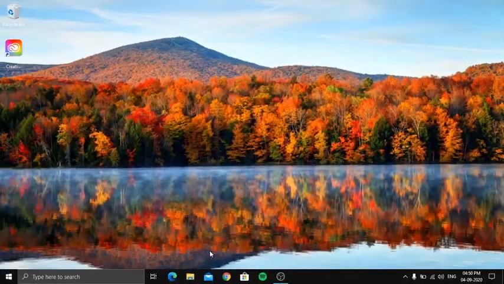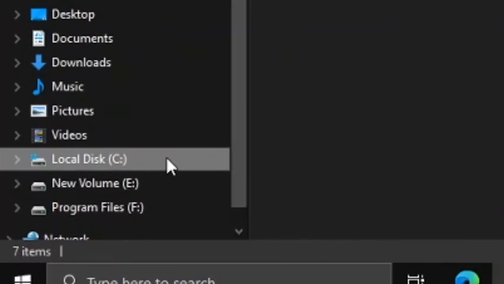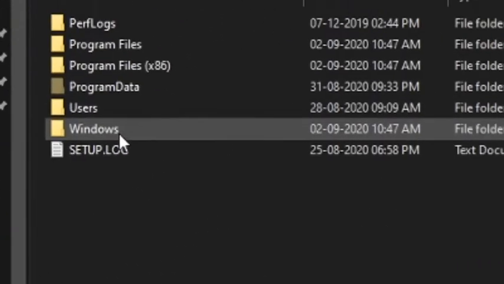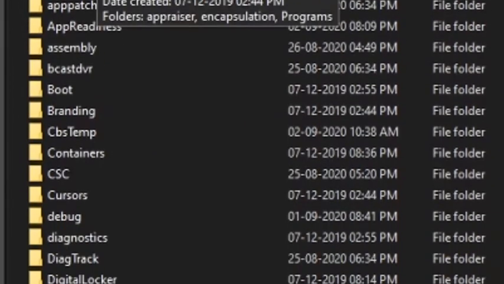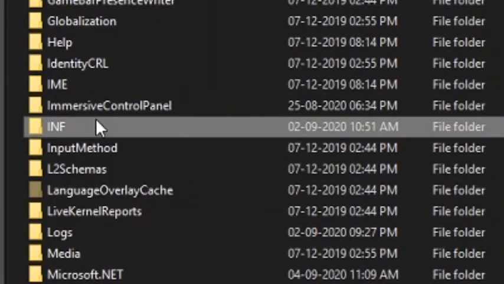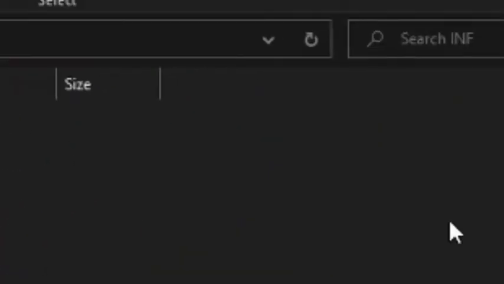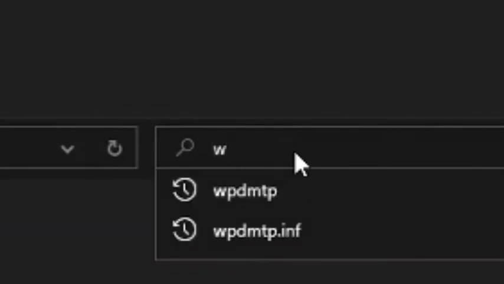Open the file explorer. You can head to the local disk C where Windows is installed, and go into the Windows folder. Inside the Windows folder you need to search for INF, and then go inside that INF folder, and here you need to search for WPDMTP.inf.